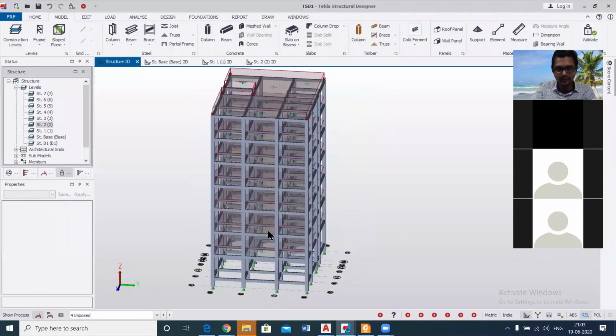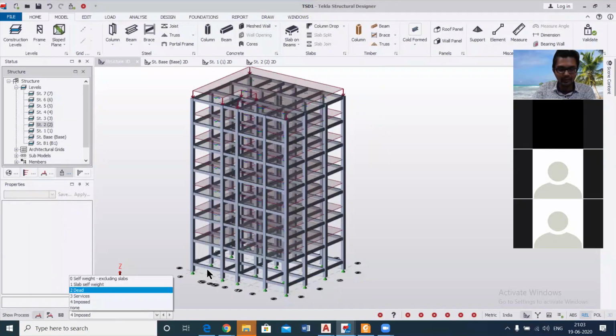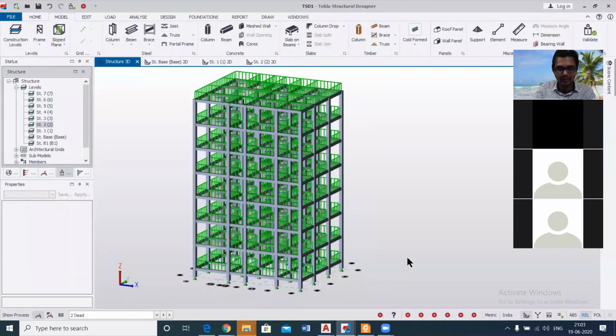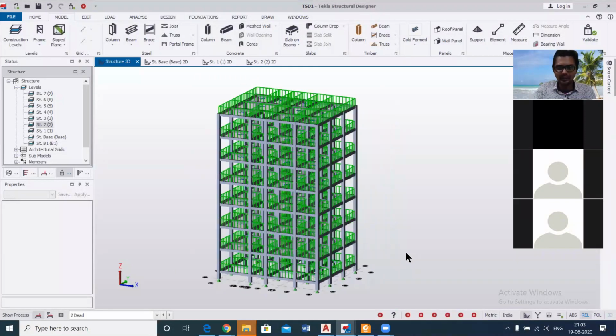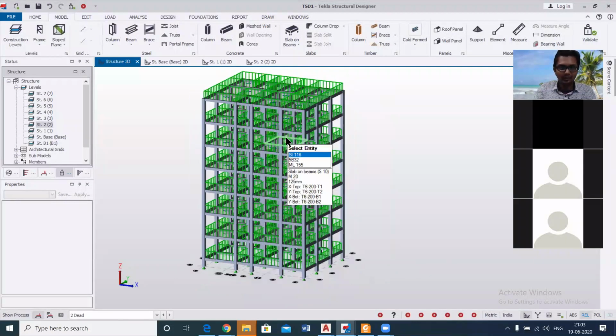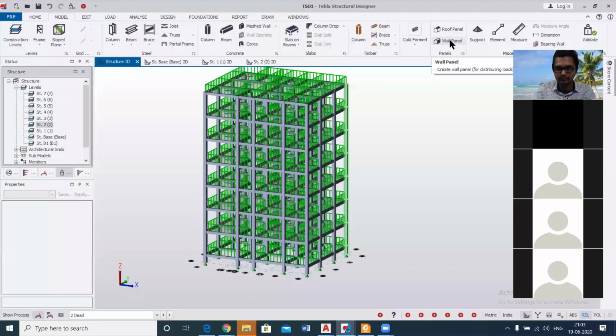So as you can see here, this is the live loads or the imposed loads, and this is the dead load. So the dead load and the live load have been completed, and as you know, both these loads are the vertical loads. Now we'll assign some lateral loads. So what are the lateral loads? Anyone? Sir, wind load and seismic load.